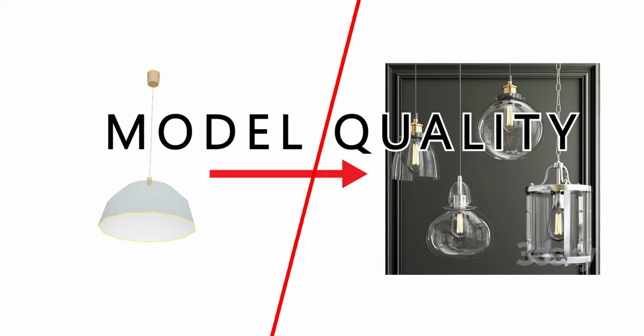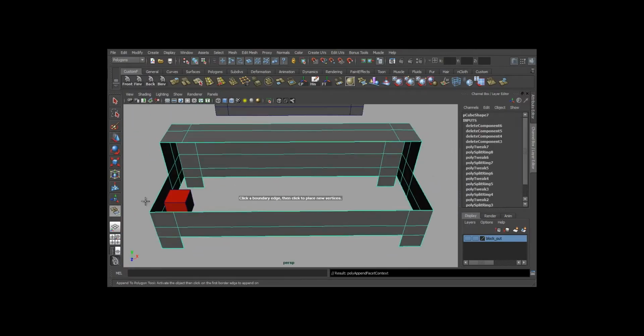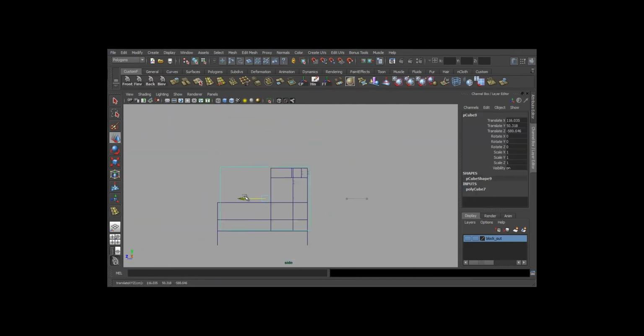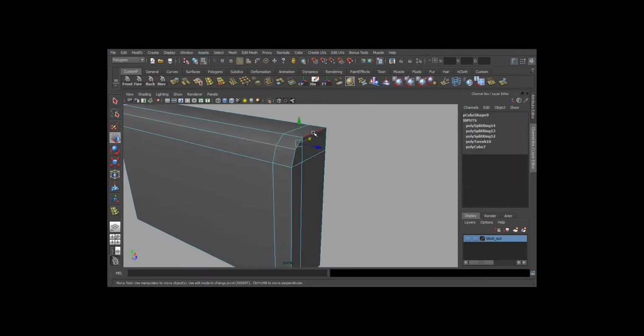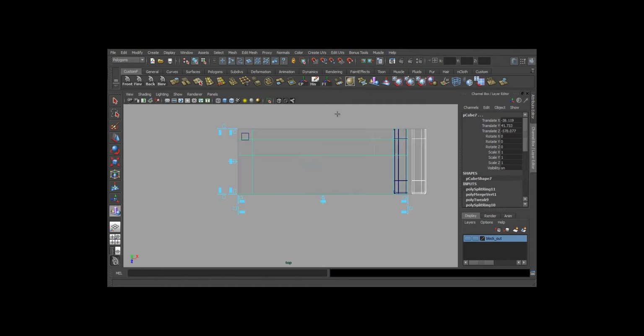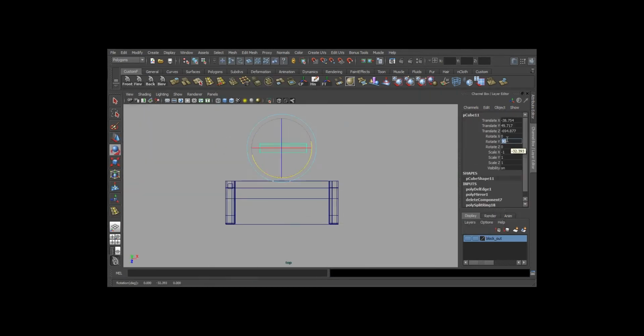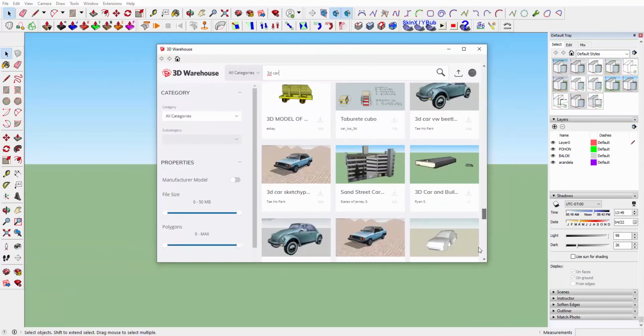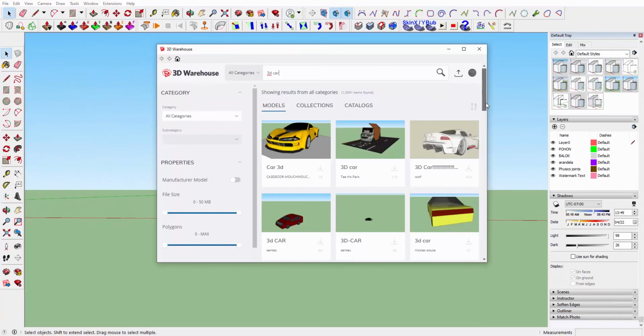Model quality. Especially in your interior renderings, it takes a lot of time to model everything on your own. That's why we turn to ready-made models like everyone else. But in doing so, we need to choose well which 3D model to use. Especially if you download a model from SketchUp, there are objects that take their detail from the photomesh technique instead of true modeling.